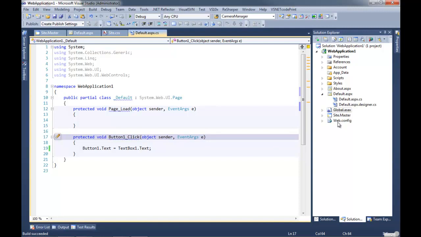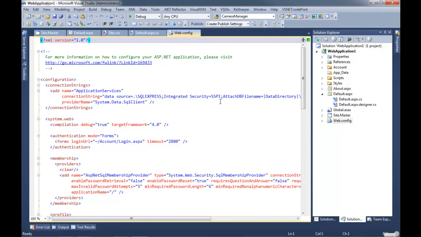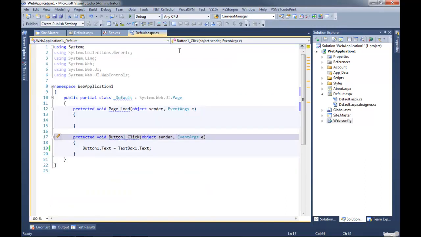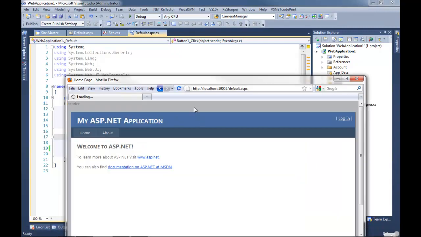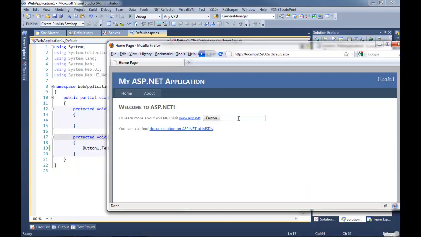Another way to tell the web server to restart, and this is what I usually do if I'm editing code and I need the web server to restart for some reason, and I don't want to rebuild my entire application, just go into your web.config, put a space in there, and hit Control-S. The next time you hit your development server, it'll restart. Gotcha. Very cool. So we restart, and we'll see our stuff. So we have this button and this text box. And if we do that, whoa, it's amazing.